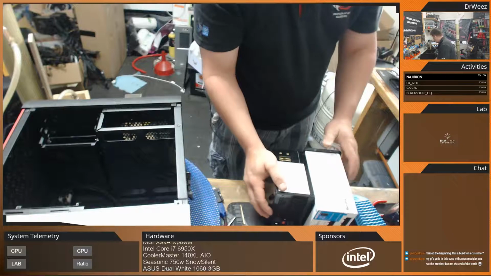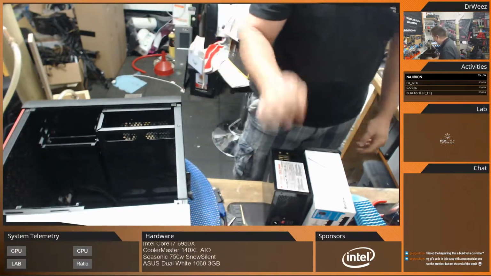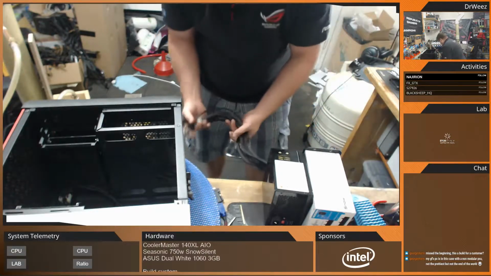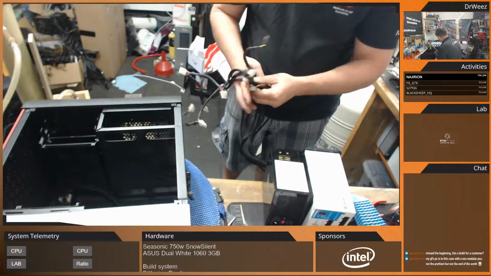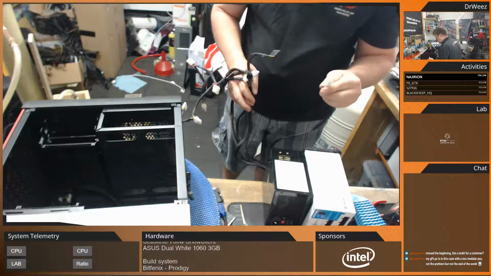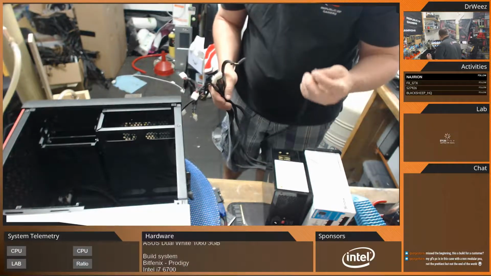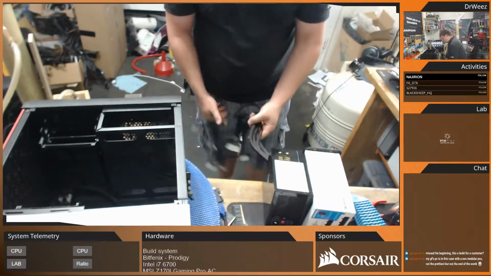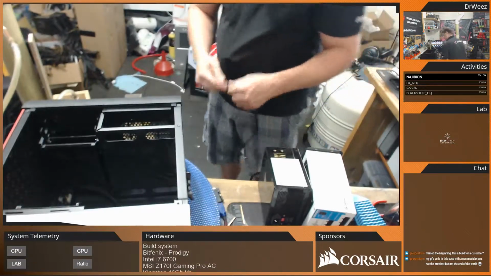So while it's not going to be the prettiest and we're going to have cables everywhere, it is only a temporary solution, and 500 watts is going to be more than enough for this build. The only thing I need to make sure of is, do we have a 12-pin PCI Express motherboard connector. So we've only got a single, but that might be enough. And the only thing we can do there is trial and error. The other thing I can do is have a look, but I think the